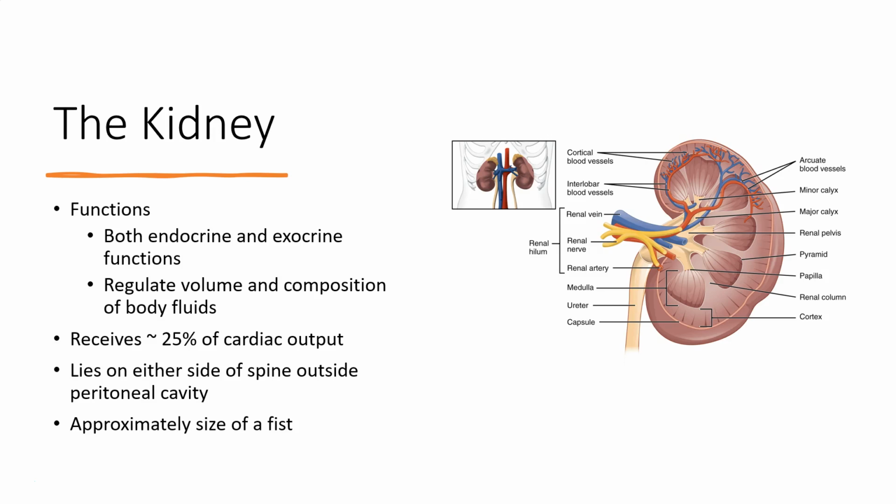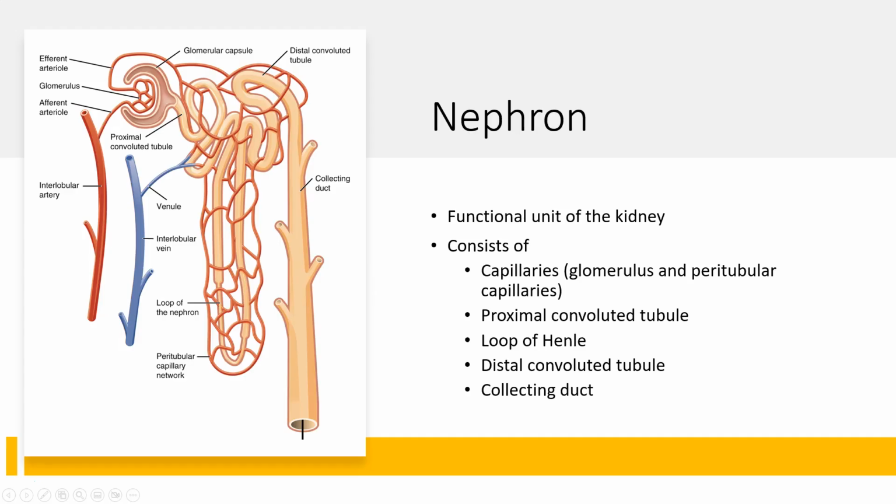If you're looking for the kidneys, you can find them on either side of the spine, outside of the peritoneal cavity, and you'll see an organ that's about the size of a fist. The functional unit of the kidney is the nephron. Within the nephron, you'll see two types of capillaries. We have the glomerular capillaries here that filter the blood, and the peritubular capillaries that surround the tubules to help